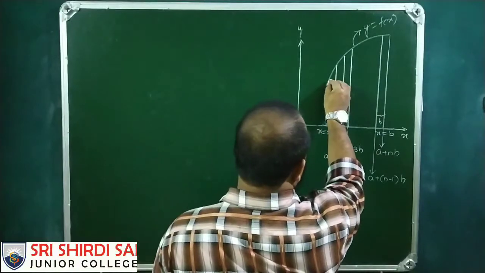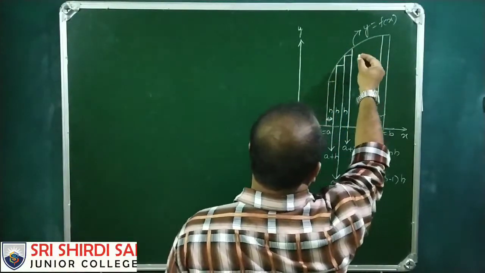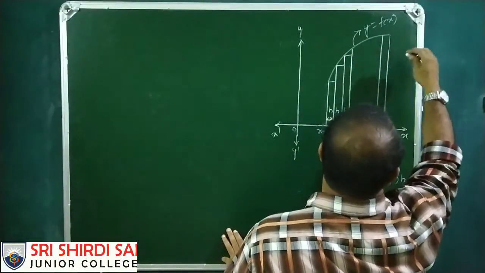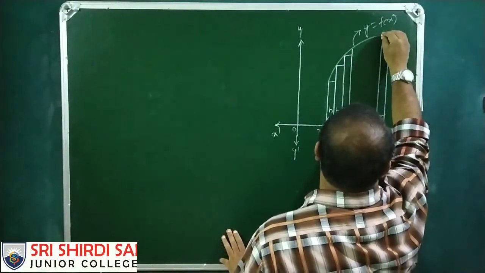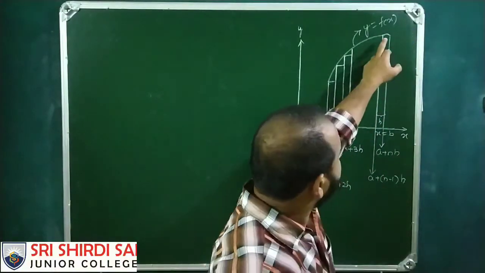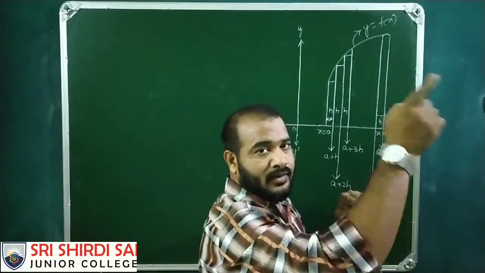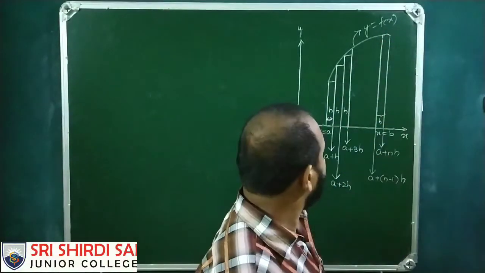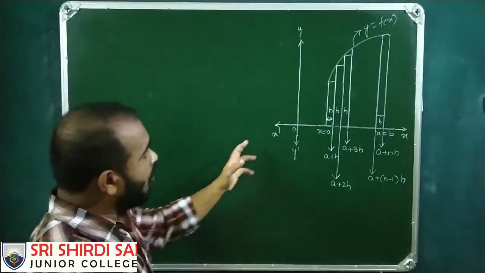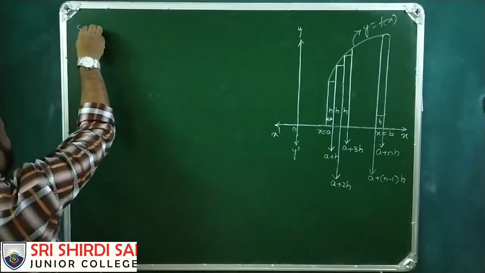So this is one rectangle, this is another rectangle, and another. It seems to be a rectangle but not exactly rectangular, because some bulge shape has come out. So now the sum of all areas is Sn equals,